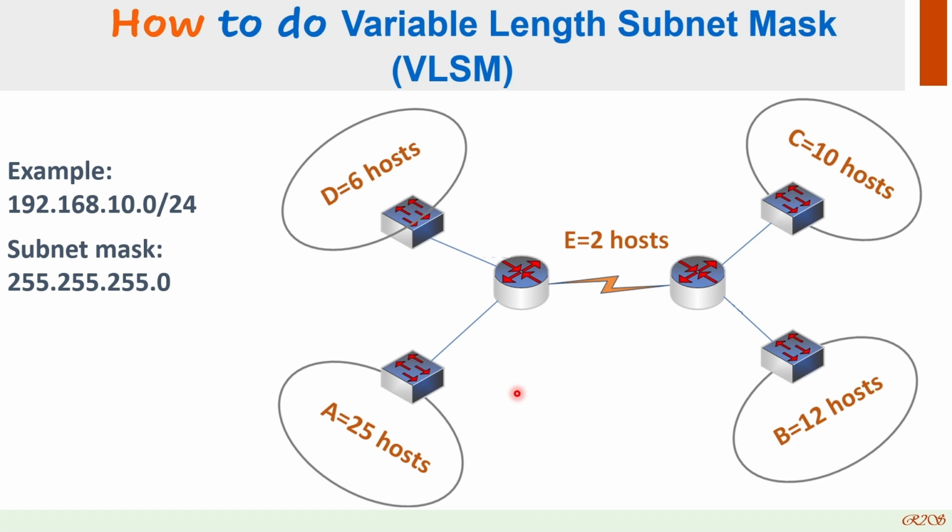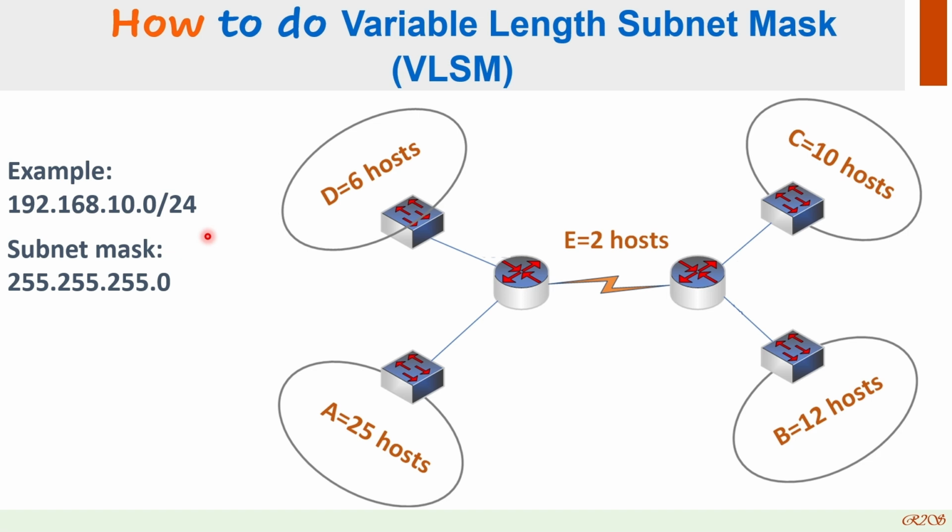So consider we have this network. So we have 1, 2, 3, 4, and the network between the 2 routers. And network A has 25 hosts. Network D has 6 hosts, C has 10 hosts, B has 12 hosts, and the given IP address. So the given network is 192.168.10.0/24. And now I will show you practically how we can use all the steps I said, the 5 steps,